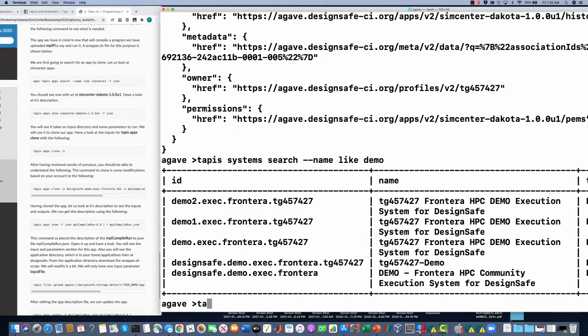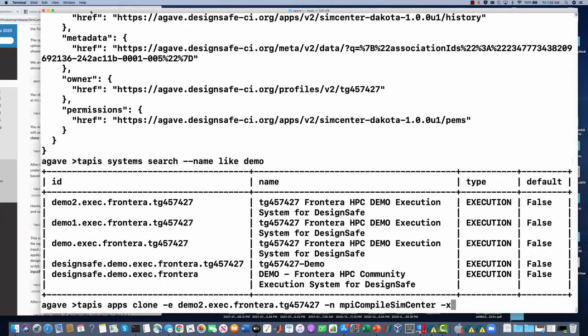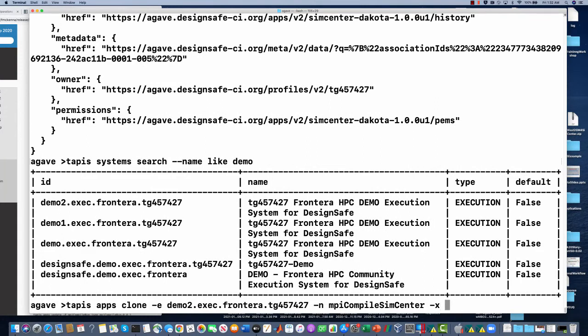Okay, so we're going to Tapis apps clone. We're going to specify the execution system is what I just copied. We're going to give this a name, MPI compile SimCenter. We're going to give it a version number. Let's move this over here. Version number is 0.0.1. And we're compiling that DesignSafe app we just